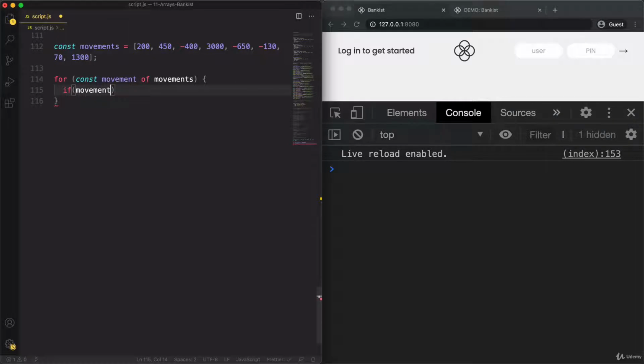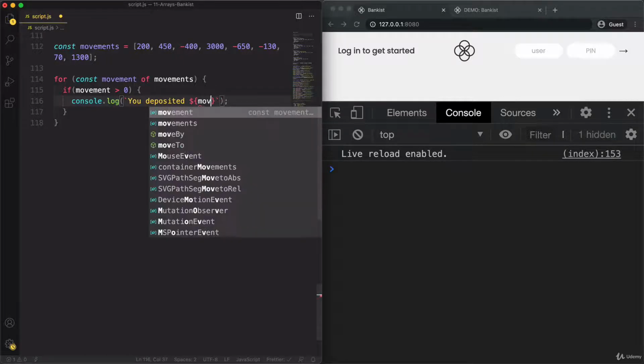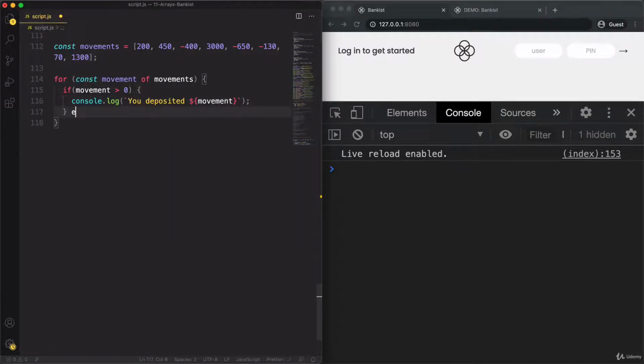So basically, if the current movement is greater than 0, then log to the console you deposited and then the movement, and else you withdrew